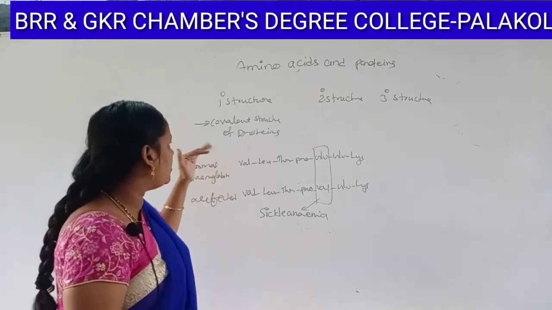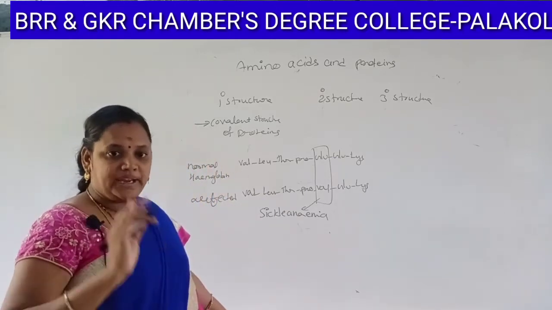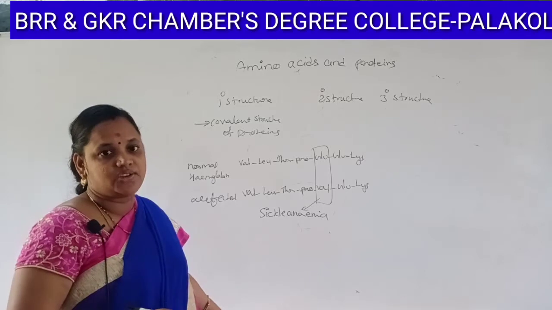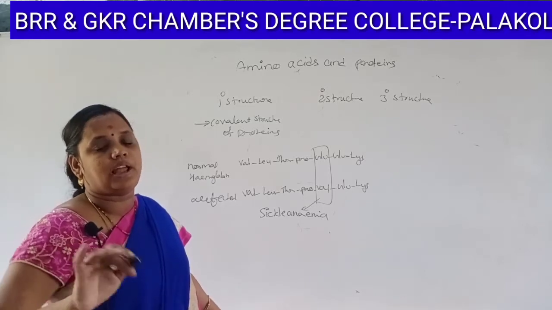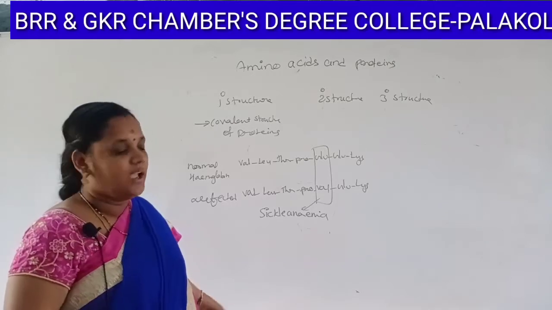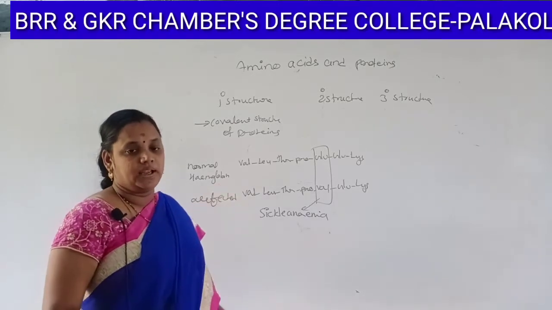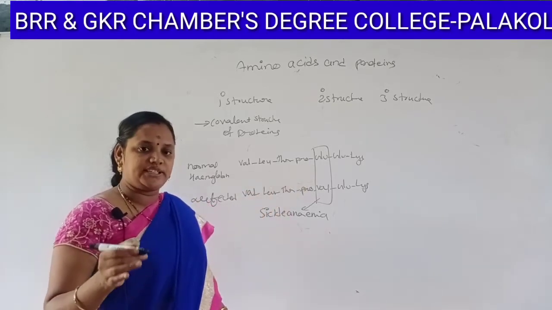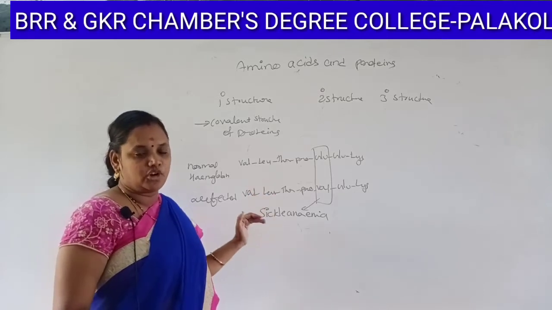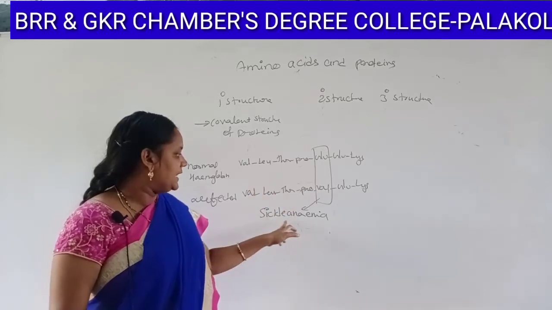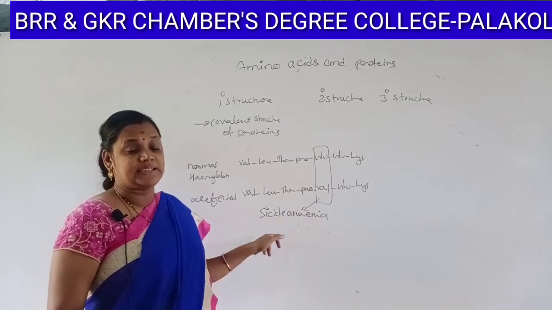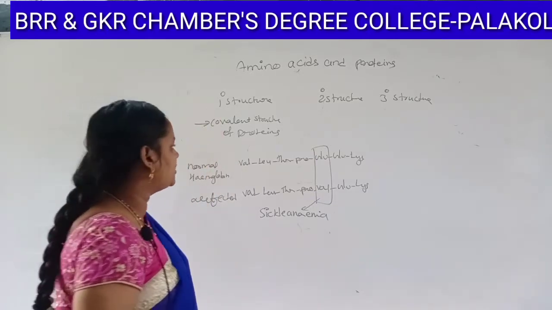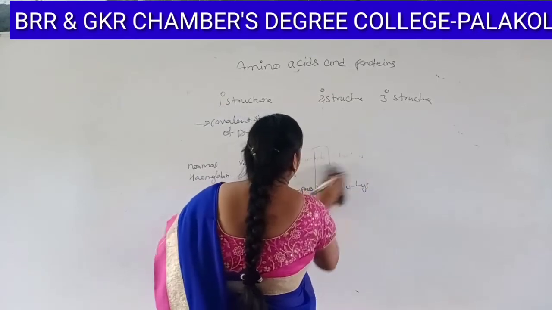Okay students, this is about the importance of primary structure. The main point to remember is, if the primary structure has any change, it results in the loss of the biological activity of that particular protein. For example, we have done with hemoglobin. In normal hemoglobin, if one of the amino acids, glutamic acid, GLU, is replaced by valine, you will get a defected hemoglobin, which results in a disease called sickle cell anemia. Okay students, this is about the primary structure of proteins. Understood students? Next, secondary structure of proteins.